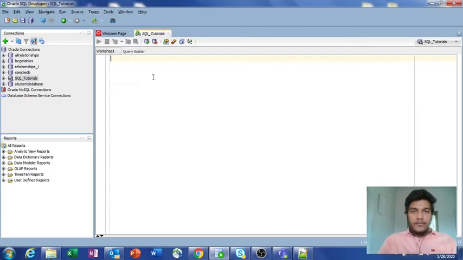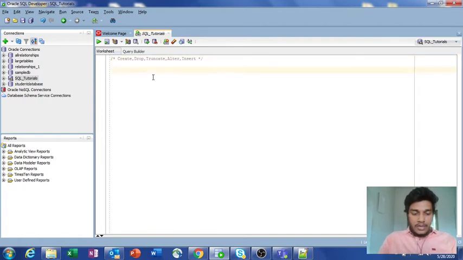Okay guys, here I want to explain all the data definition commands in SQL. Here we have mainly four data definition commands: create, drop, truncate, and finally the alter command. I am also going to explain the insert command just to illustrate the truncate command. And this is how you mention comments in SQL.